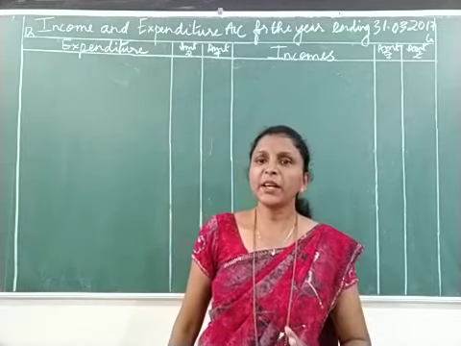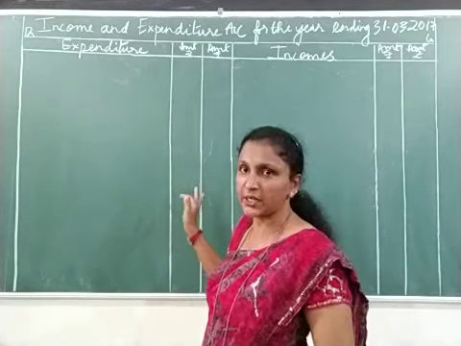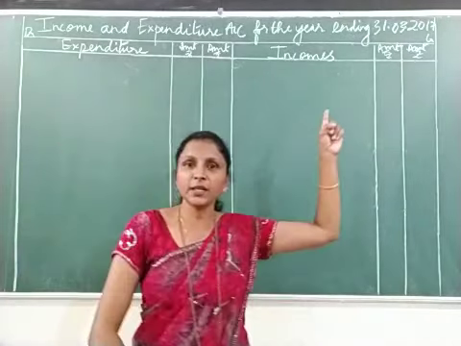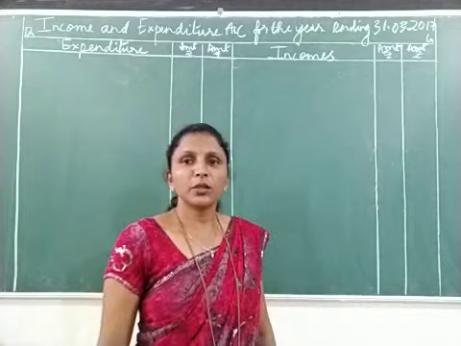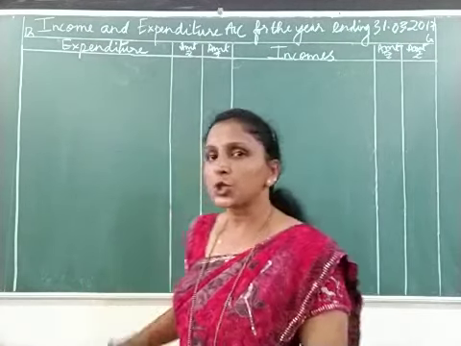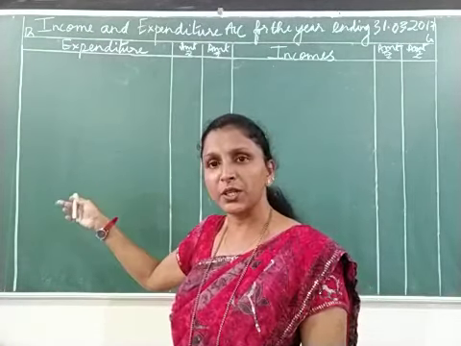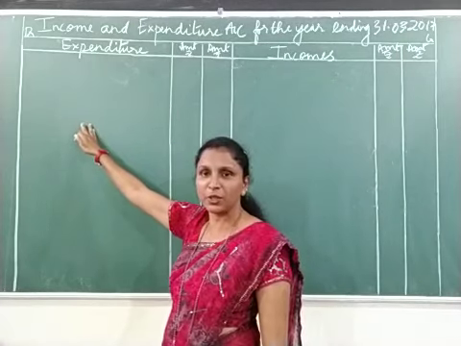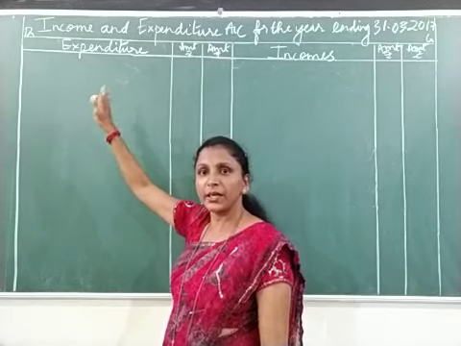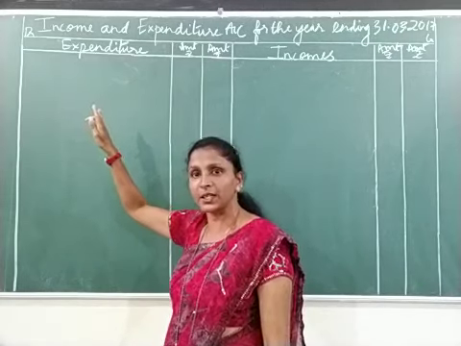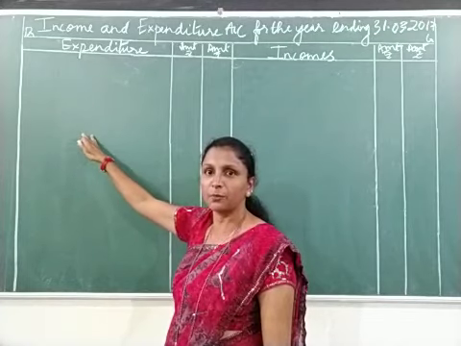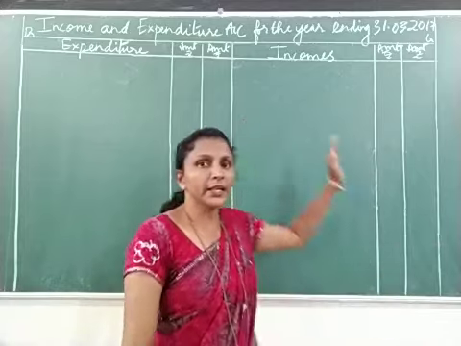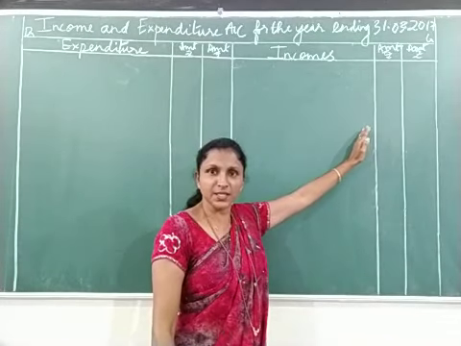Then income and expenditure account has two sides, debit side and credit side. So I have written here DR and CR. Then just look at the columns. Though we say income and expenditure account, expenditure comes first. That is on the debit side, because last year we studied debit the expenses and losses, credit the incomes and gains. That was the rule of accounting. So we have written expenditure on the debit side and incomes on the credit side. This is clear to you.